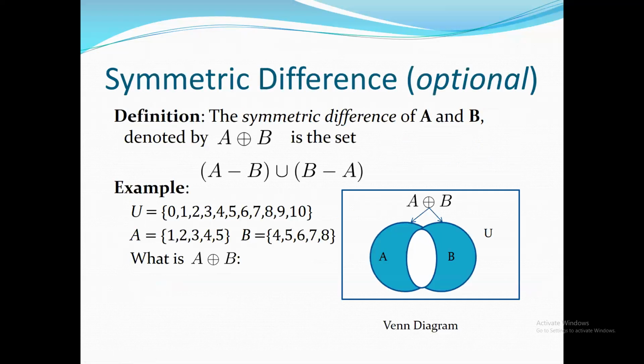All right. Now let's see what the symmetric difference is. The symmetric difference of A and B is denoted by this symbol, a plus with a circle, and in Boolean logic or propositional logic, we call this operator